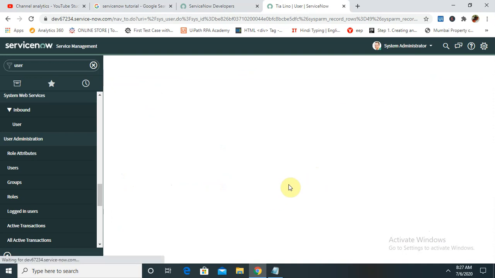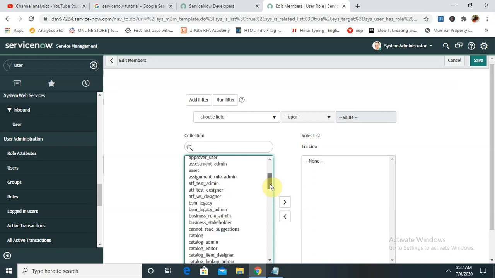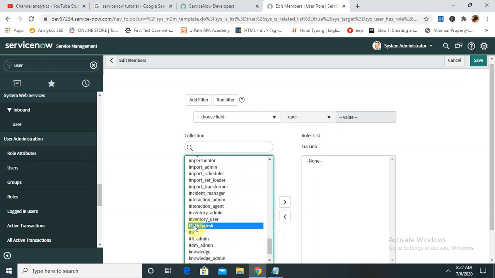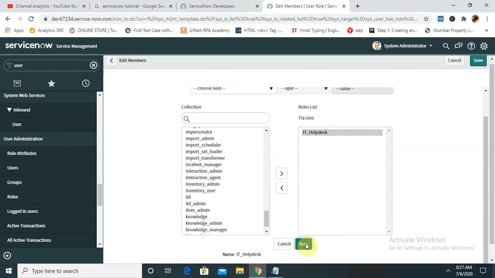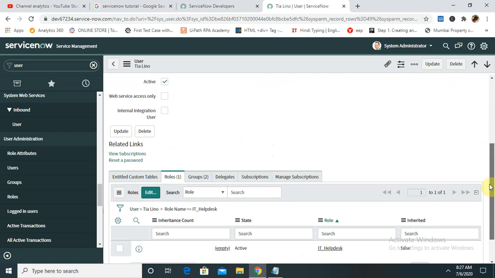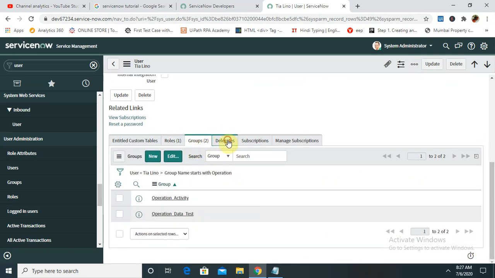It's not able to search, then also you can do it from here. So if I want to provide a specific rule for this person, I will do that. I have created this one, right, and click on save. This way we can update any user specific information with these rules or groups.